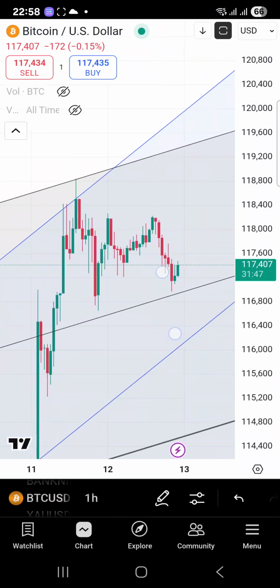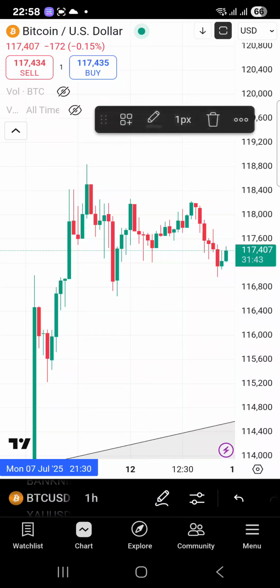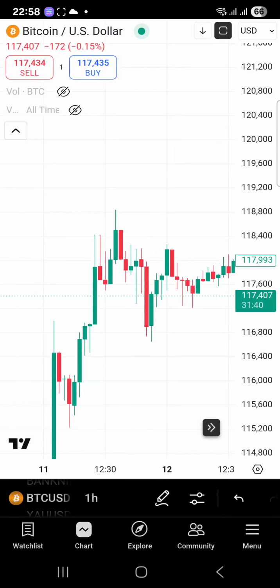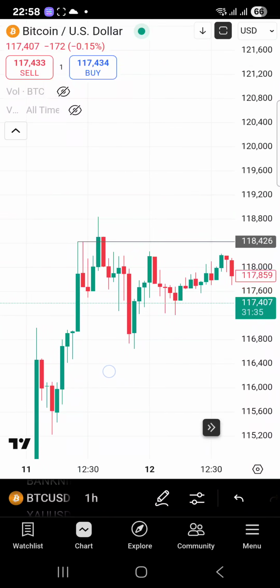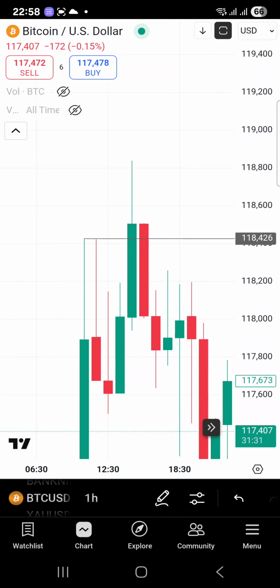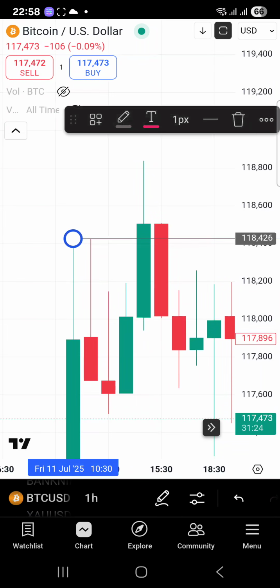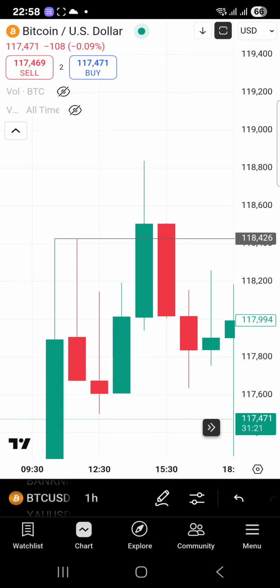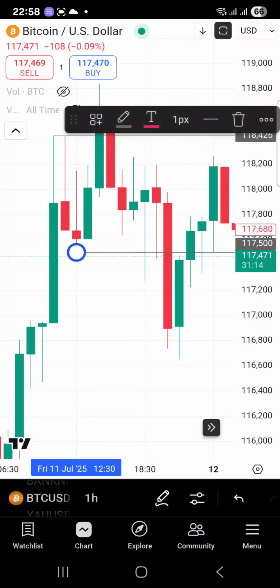Now we again zoom in and see what is happening at this level. When we zoom in, you see that price is continuously making higher highs, isn't it? So this is the point where buyers have shown their strength by breaking the price action with a strong bullish candle, with this horizontal line as the reference, and then there is a sudden surge of price towards the downside. So this could be an indication of